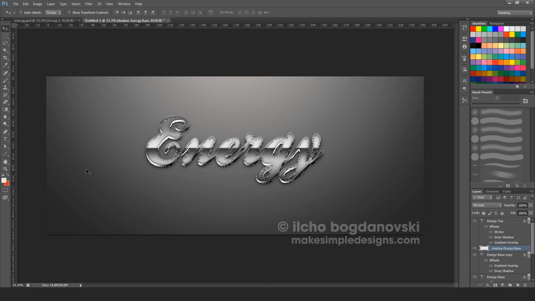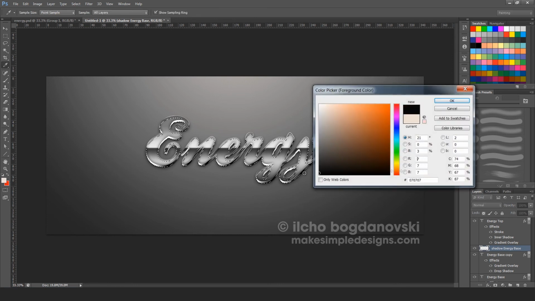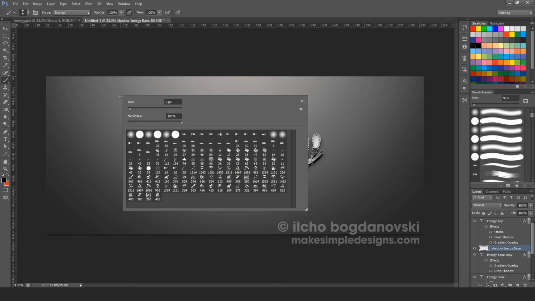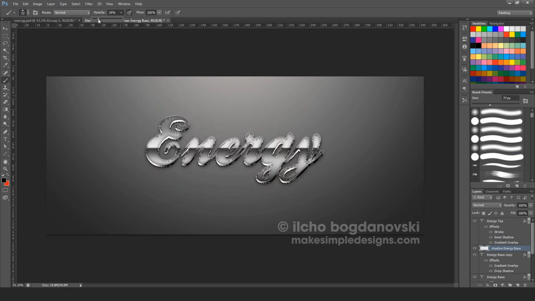So all you have to do now is pick black color, pick the brush tool, clicking in here or pressing B on your keyboard, picking something like a softer brush, with hardness 0, make the brush a little bit bigger, and set the opacity to something low, like 19%. And then areas in here, just paint with your mouse. I have a Wacom tablet here with me, but I'm using the mouse. Just use the mouse, a couple of clicks,